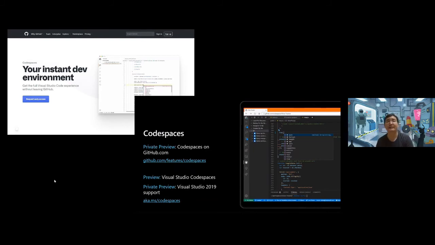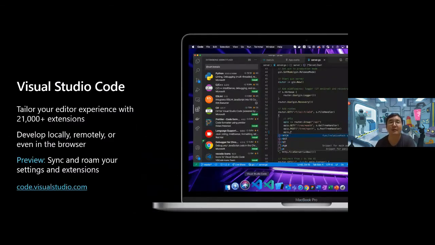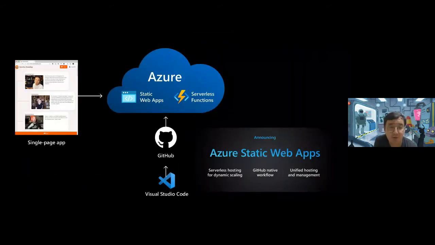And this is the screenshot of Visual Studio Code, and there are so many extensions. So please check out as many extensions as possible. It is very great. Also, some Azure Static Web Apps were emphasized during last Build 2020. It is also really great because